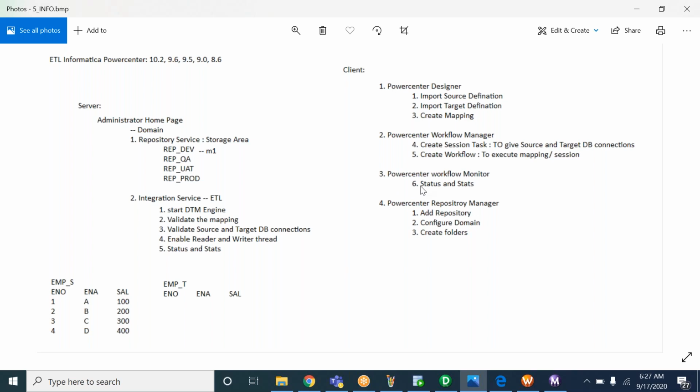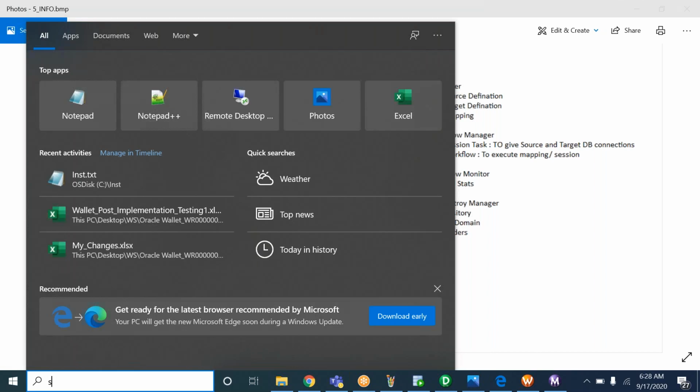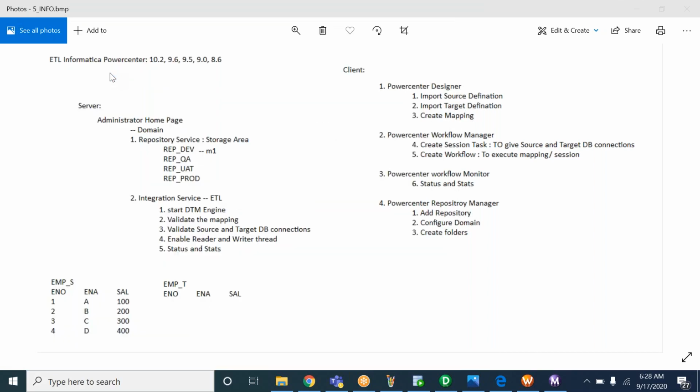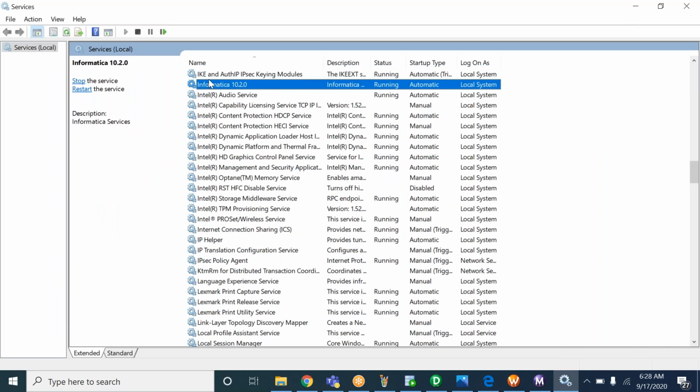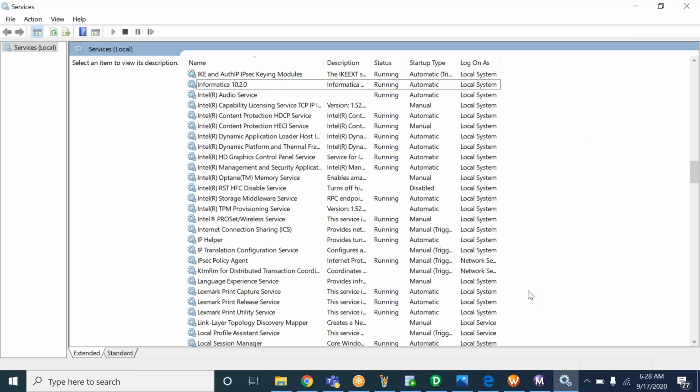Okay, got it. So no need to open the repository manager and no need to log into the administrator every time. First, you have to open the designer tool. There you have to right click on repository, connect. If you are not able to connect, as I told, you have to go to the services. Type in search services, open the services window. Select any one of the services and press I. It will take you to the services whose name starts with I. Under that you can see Informatica service. The status should always be running. If it is not running, right click on it, you will get the start option. Start it, then it will allow you to connect.